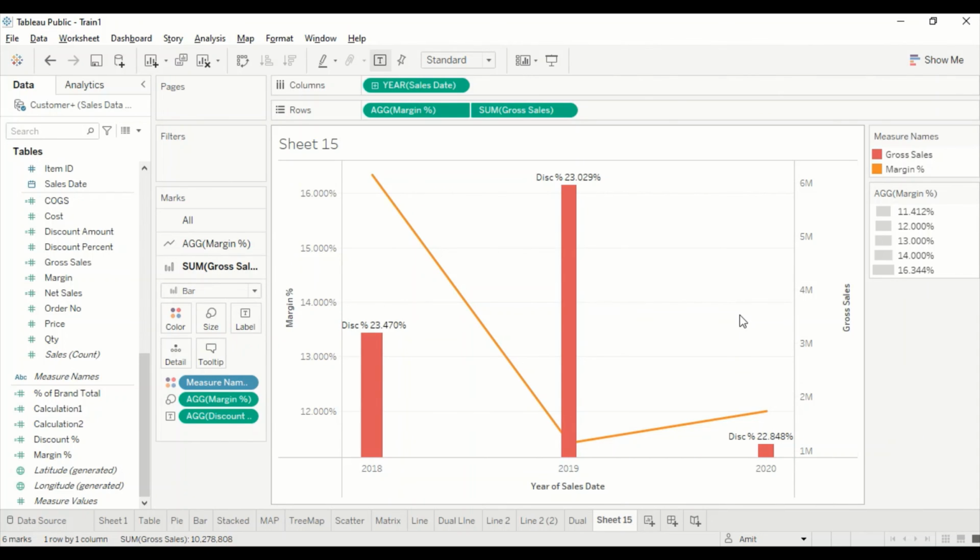Now this visual is a small visual, not having too many values, so it's fine to do that kind of thing here. But if it's a visual where you have a lot of content and you try to do it, it might actually not look good. Depending on each and every visual, we can decide what kind of thing we want to do. So this is a dual axis visual.